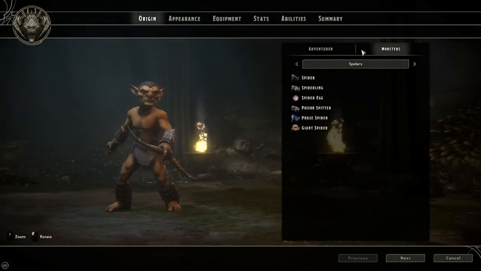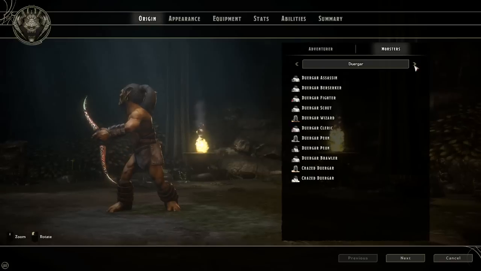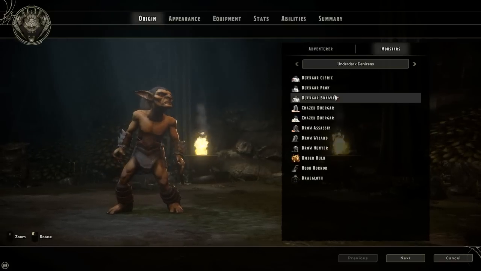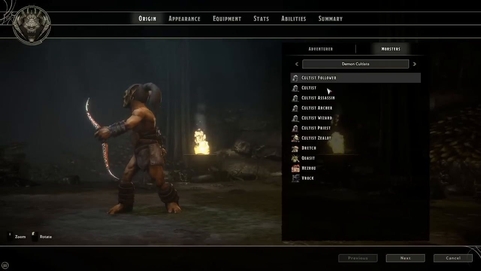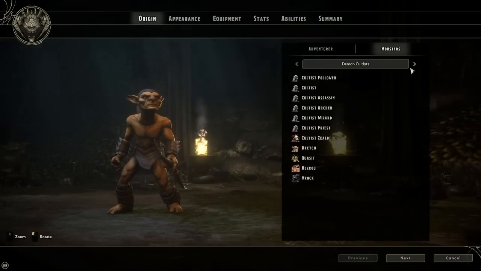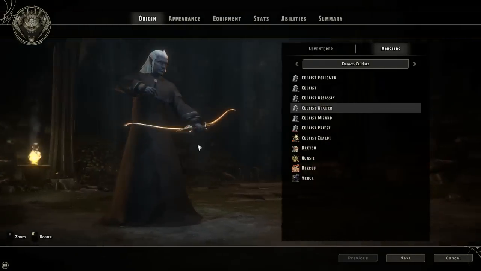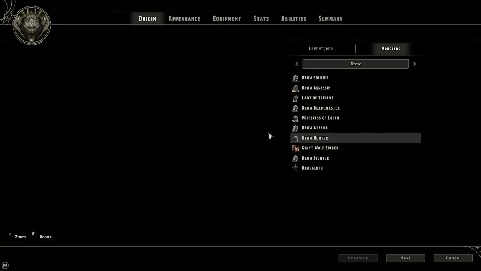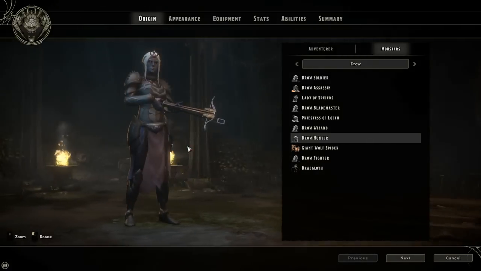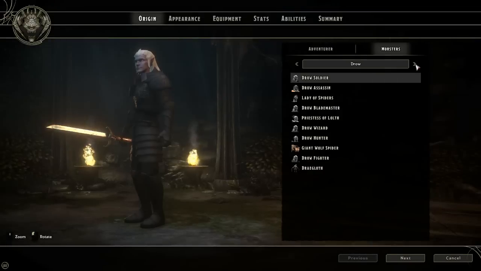See, we have a whole spider category, but the spiders are listed elsewhere. We have Dugars, but they are also listed elsewhere. We have Drow, but we also have demon cultists, which have a lot of the same looks. Cultist archer and the Drow archer. Maybe a little bit different uniform and stuff, but